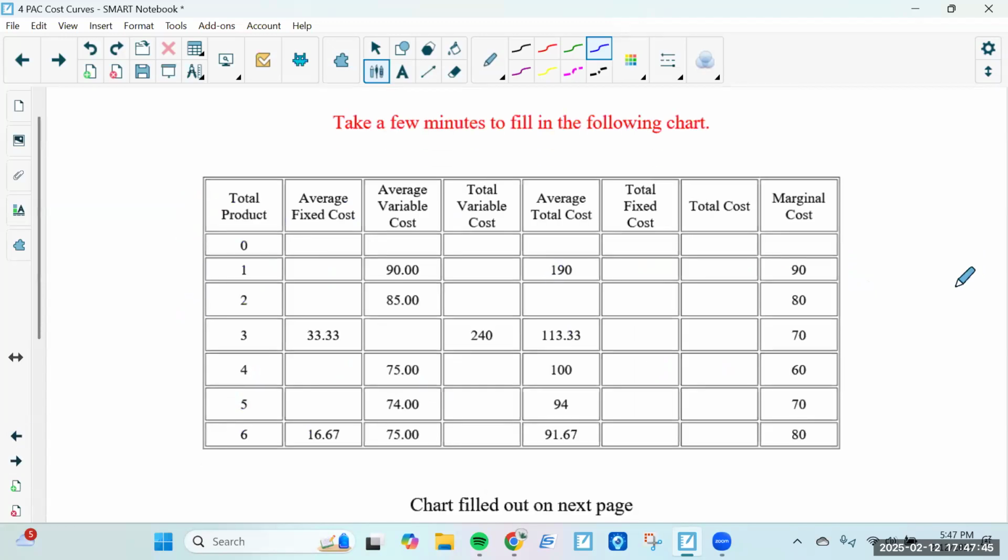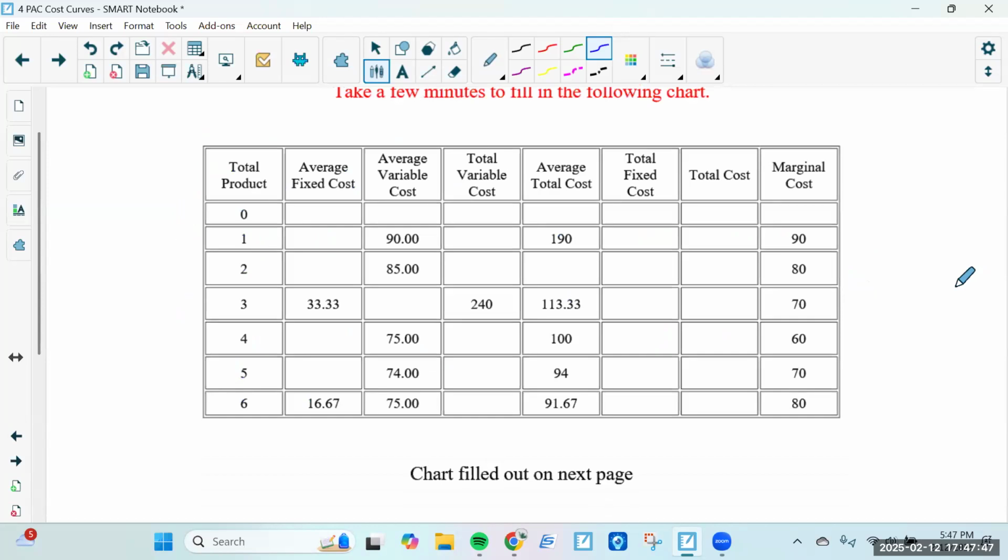So what I want you to do is take a few minutes to fill this in. Pause your video right now, and see if you can calculate average fixed cost here, here, here, and all these blanks. Your average variable, total, average variable. See if you can calculate all of these. And then what I'm going to do next is